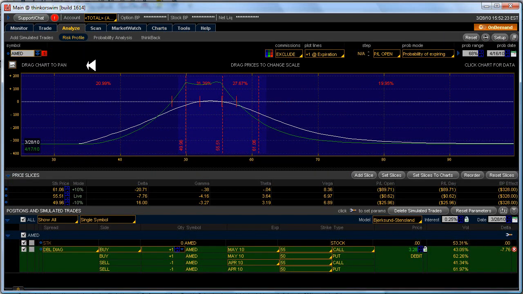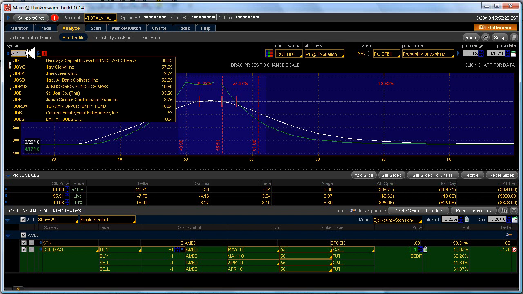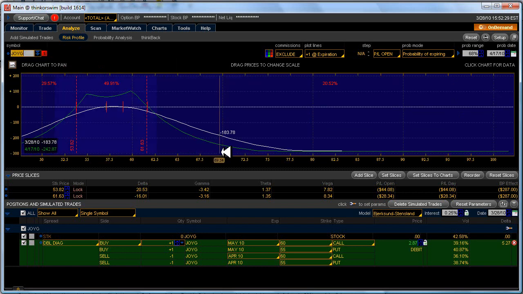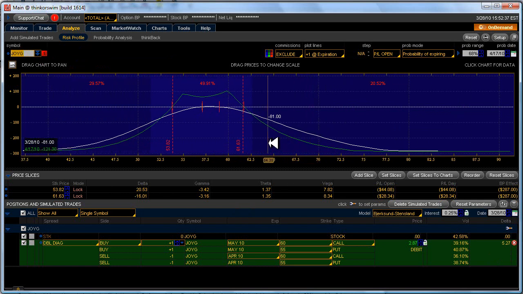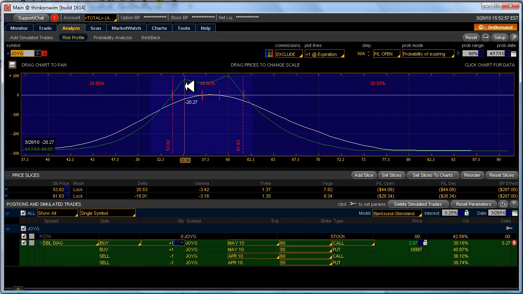Let's look then again at Joy Global, a favorite of mine. I've been in and out of options on this for many years. Oh, I kind of cheated here and I already have one set up. I must have been looking at this before. But here you can see that we have a 55.60 double calendar already set up here for analysis, and we can see that the tent has a little bit of a sag in it, but it's not too bad. We are looking at $80 to $106 in max profit based on